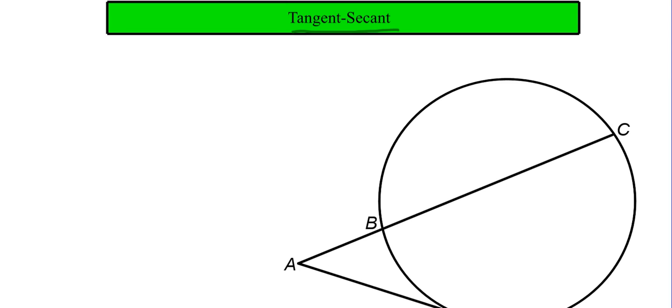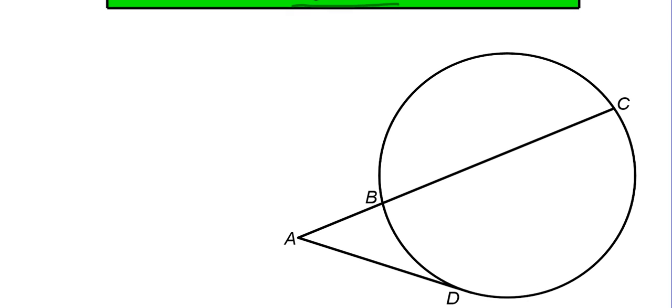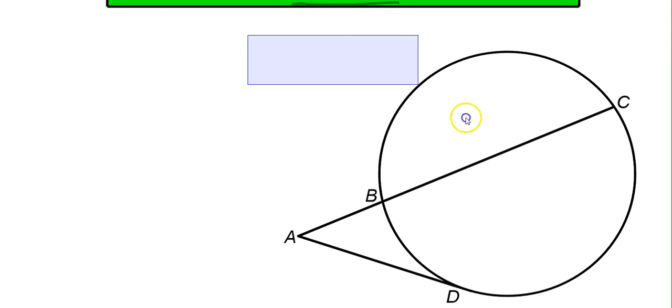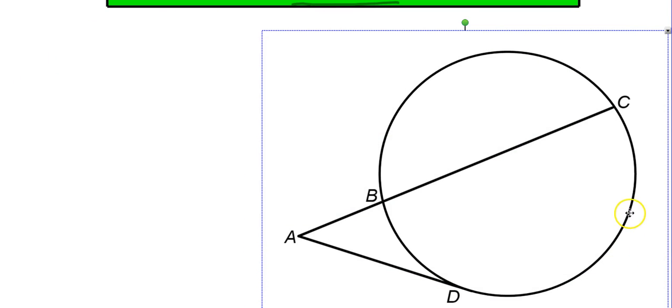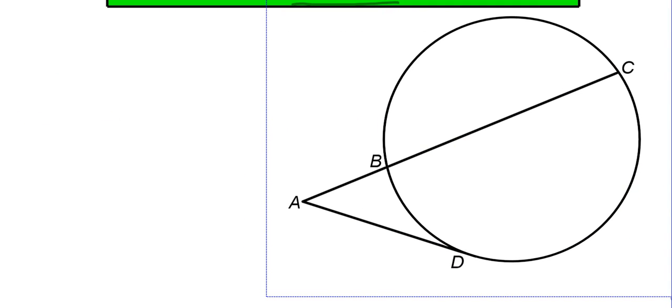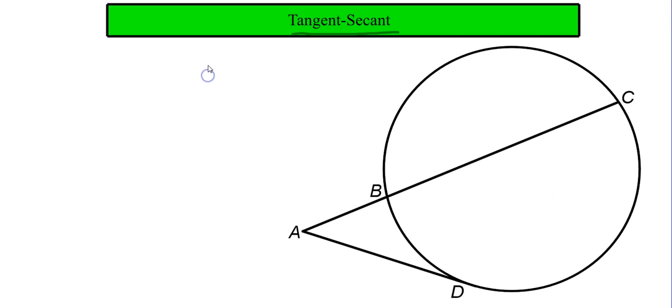So the last thing we need to talk about with regard to this tangent-secant relationship here is what angle relationships are present when we have this situation. So let's go ahead and take our diagram and move it up a little bit so we can get everything in the same frame here. But so what essentially happens is this relates directly to that secant intersection, in that the angle on the exterior is going to, when you get this intersection, it's going to create two arcs technically. So the first arc would be arc BD, which is smaller,